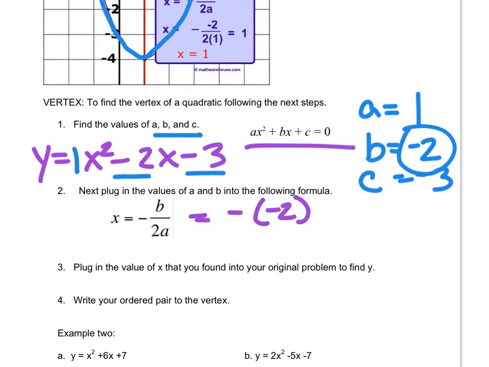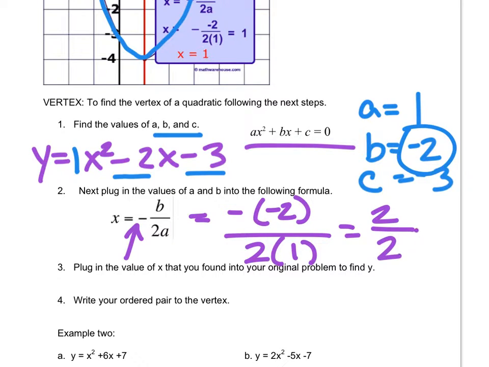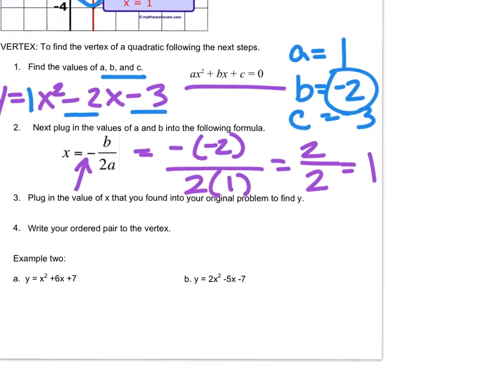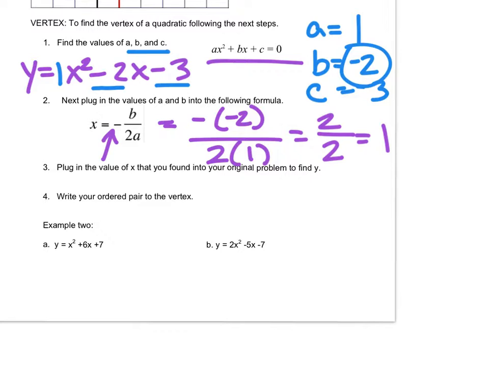I'm putting negative 2 in parentheses because we have to take the opposite. Then you have 2 times a, which is 2 times 1. Now we simplify: negative and then negative 2 in parentheses makes that positive 2. The denominator becomes 2, so 2 divided by 2 is 1. This gives us our x value